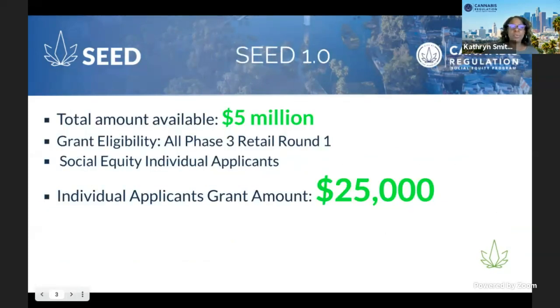Seed 1.0 will utilize $5 million to provide grants of $25,000 each to Phase 3 Retail Round 1 Social Equity Individual applicants. Now, please remember that the list of all the 200 Phase 3 Retail Round 1 applicants can be found on our website. We have sent email messages to all Phase 3 Retail Round 1 applicants, notifying them of their eligibility. So make sure you check your email account listed in Acela. Now, Seed 2.0,